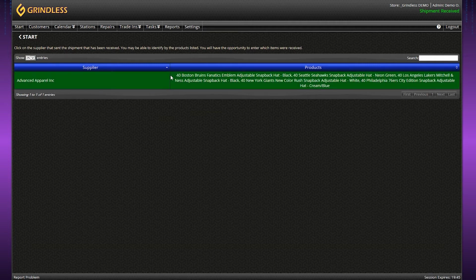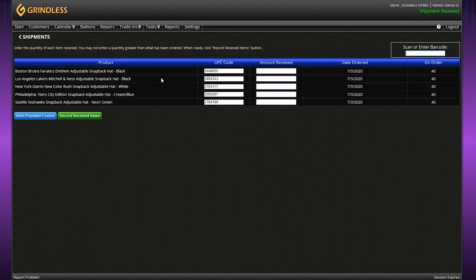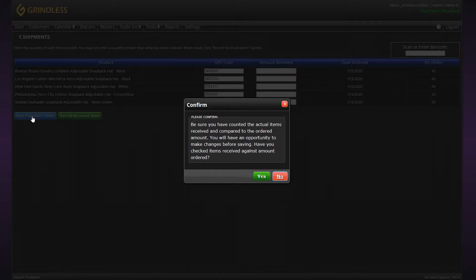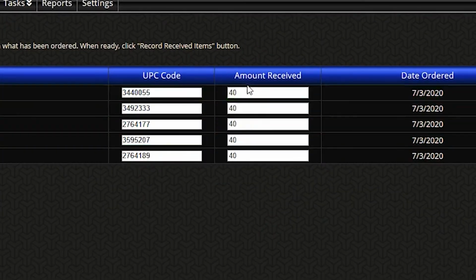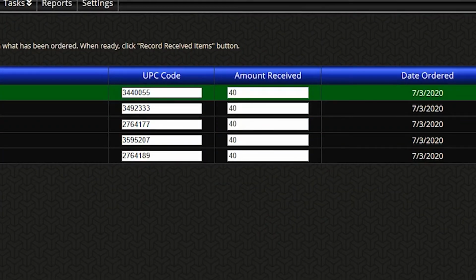We will open the POS, click on this supplier, and then we'll open the box in real life and scan each item and tell the POS how many of that item we have in the box. Alternatively, you can click the button labeled Auto Populate Counts, and the POS will ask you to confirm this, and you can hit Yes. As you can see, the POS has populated how many we expected of that item into